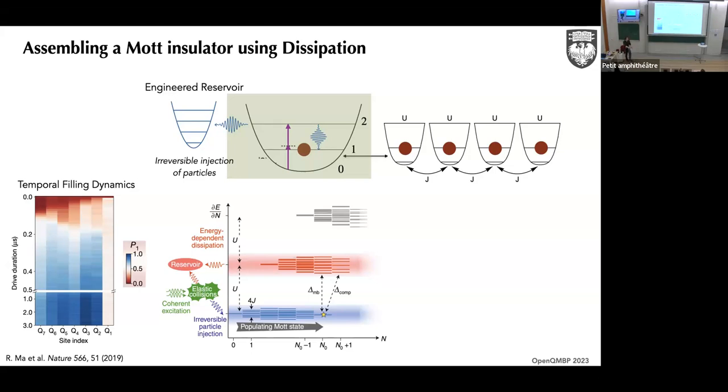Okay, so I want to segue into the fact that if you want to prepare compressible states like fluids that don't have this,